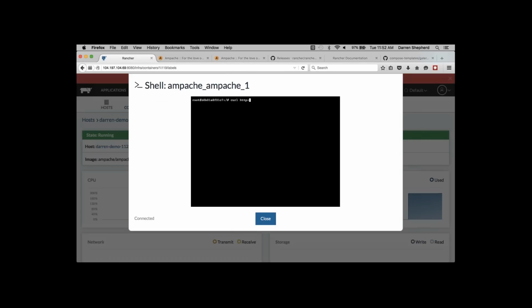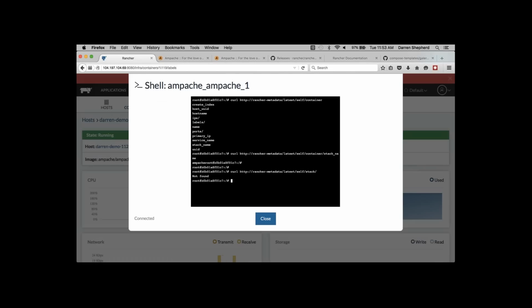Okay. So I can say like Rancher metadata, latest self container. That's what I had before. So you can find out some things like what stack I'm in. My stack name is going to be Apache. And then I can also look up information about the stack. So I can say self stack,